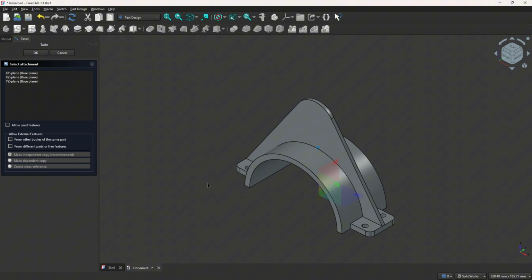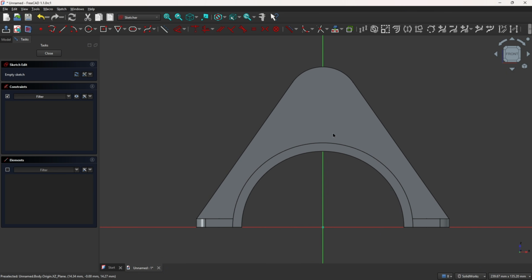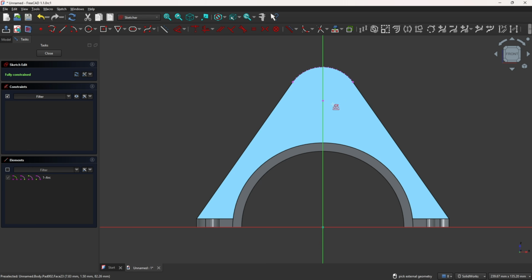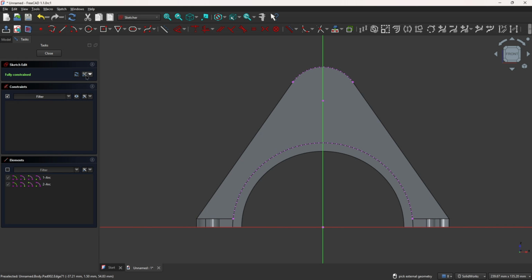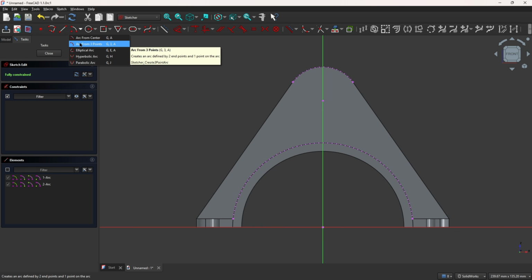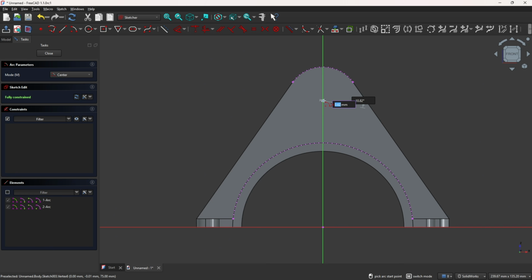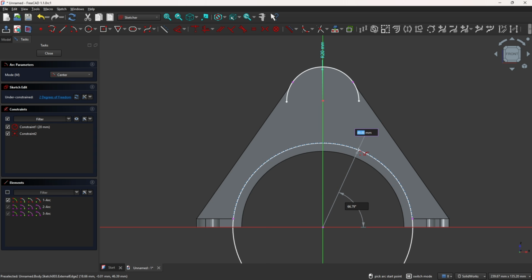so go to create a sketch and select the front plane, active the toggle section view, go to external projection, select this arc here and select this one, and select the arc from center, click here in this point, make an arc here with 20 millimeters of radius, make an arc here, and make another arc here from this point to this line here,